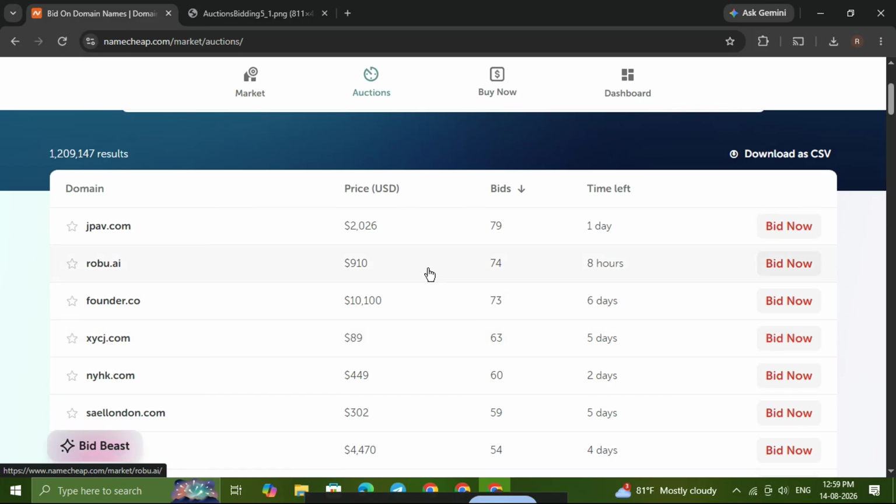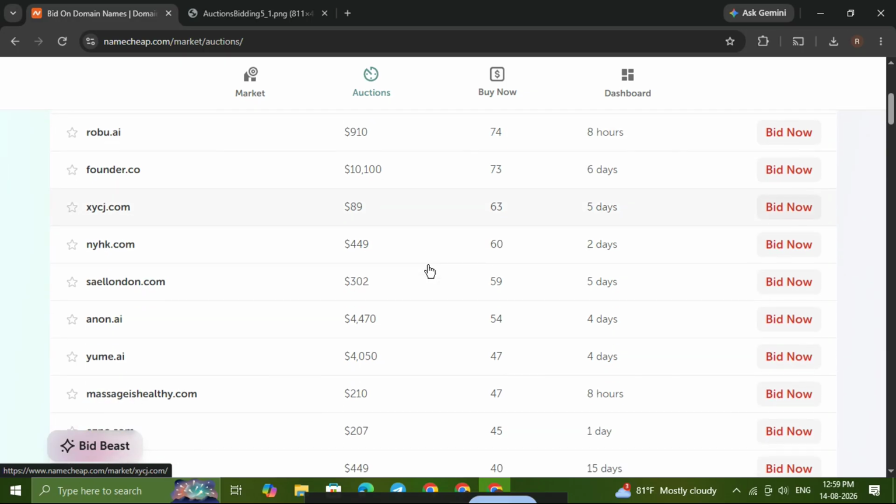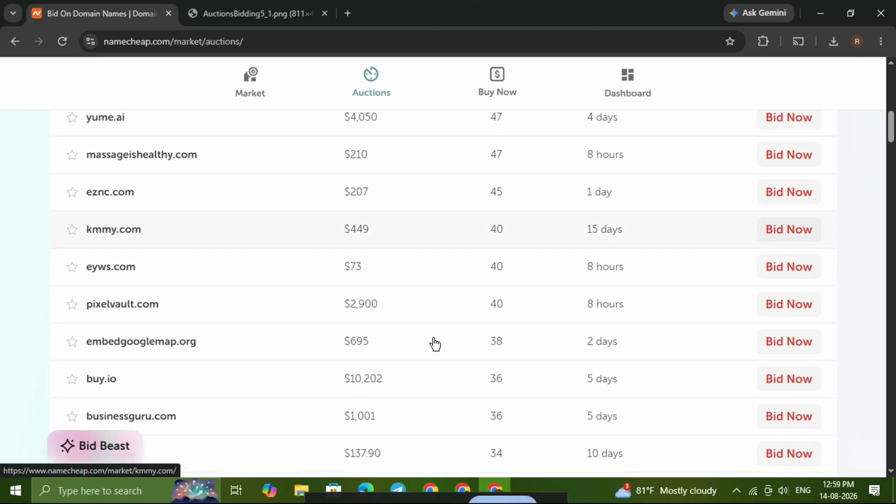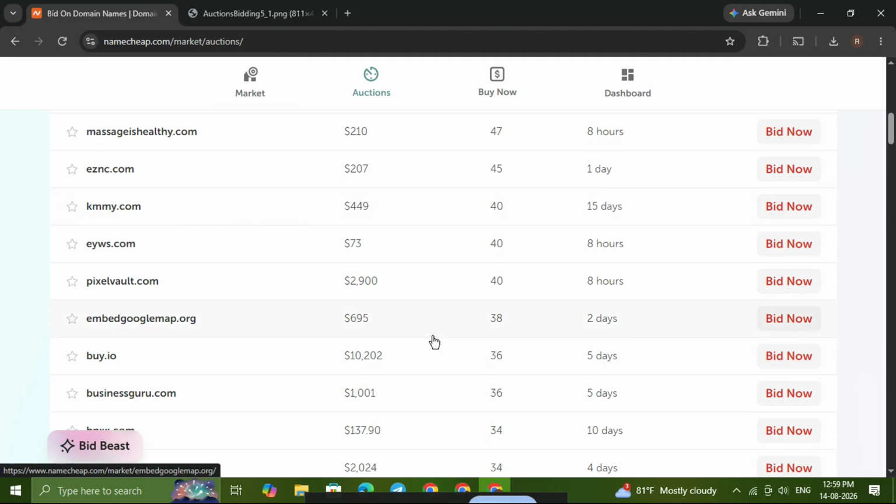Once you're on the auctions page, browse the available domain names. You can scroll through and search for domain ideas that match your brand, niche, or website goal. This is the point where you want to pay attention to names that are short, memorable, easy to spell, and relevant to your project. Before placing any bid, make sure to check the current bid, number of bidders, and the